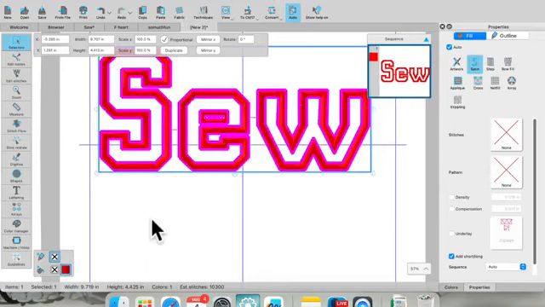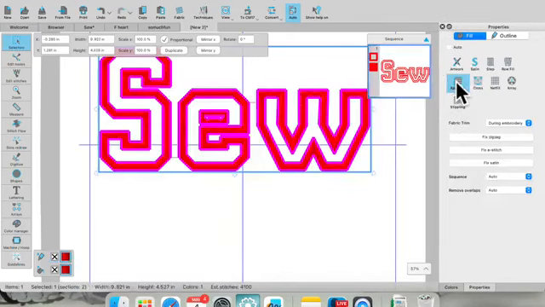So here we go. So here I have my letters. I have them selected, and I can come right over here to properties. And if your properties aren't showing, right click up in the big gray spot and you'll find them. And right here under fill, I'll see applique. So I'll select applique. But what it's doing, because of the way this letter is set up, it's putting the